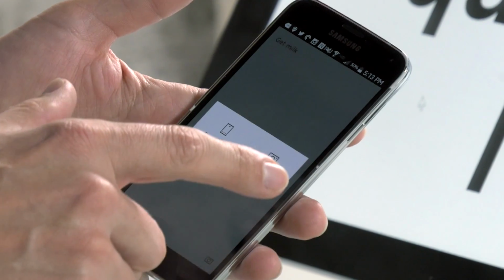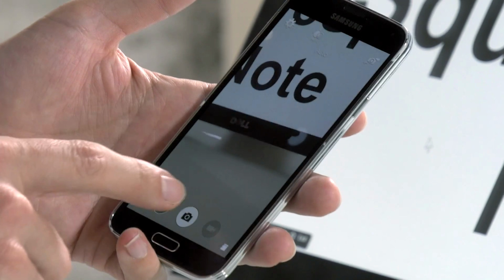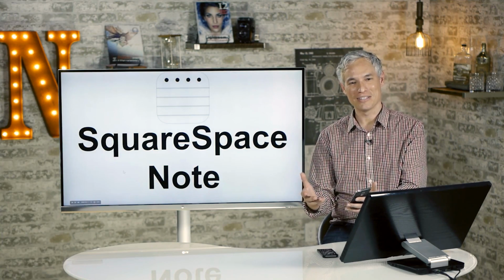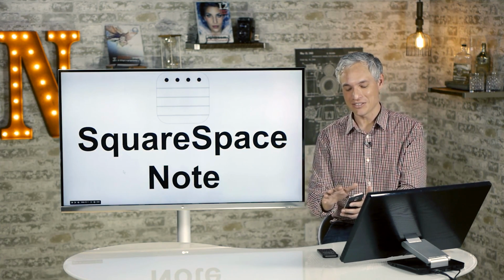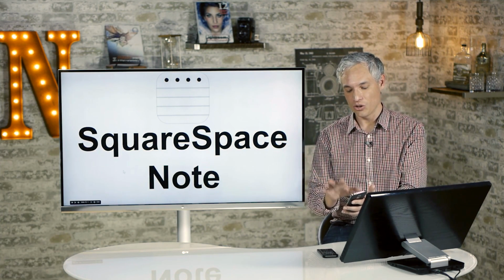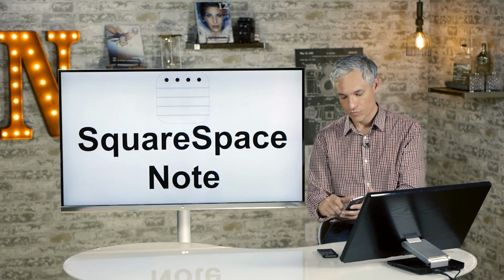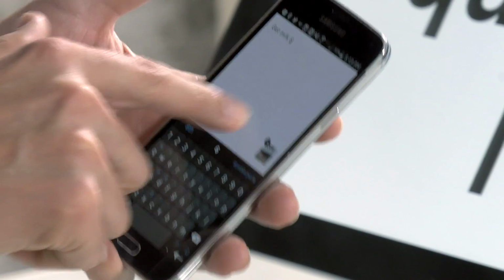It's really good. You can take a picture too, which I like to do so that if I park my car somewhere, I take a picture of the letter and number that indicates my parking spot. So I'm constantly taking little pictures like this to go along with my notes. Now that I've done that, I can just swipe up from the bottom